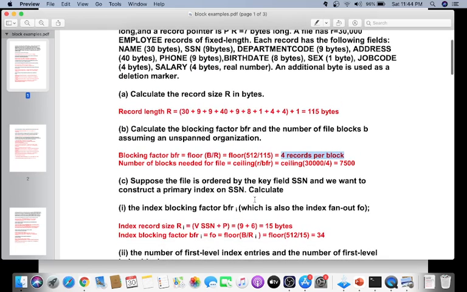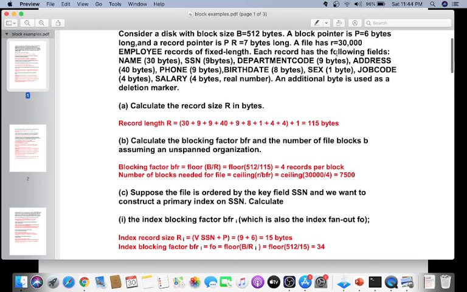Now the number of blocks needed for the file is given by the ceiling of the second formula, r by BFR. Here r is 30,000. So 30,000 divided by BFR, which we have already calculated as 4.